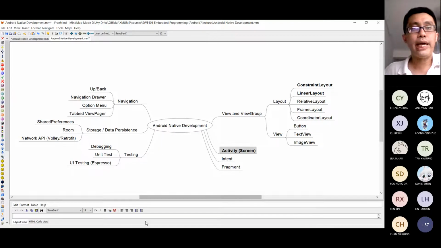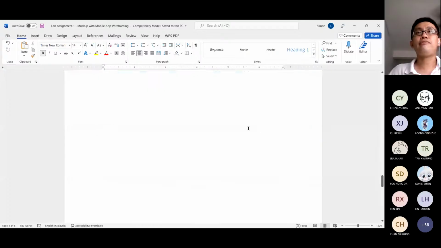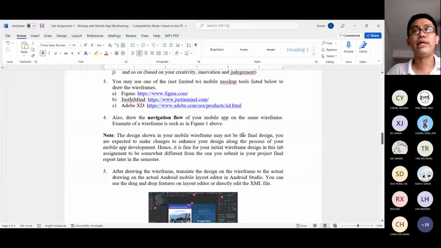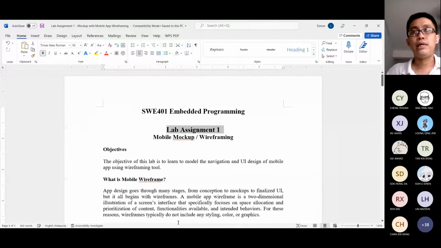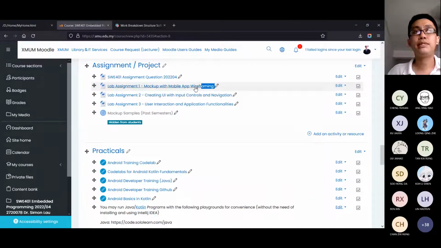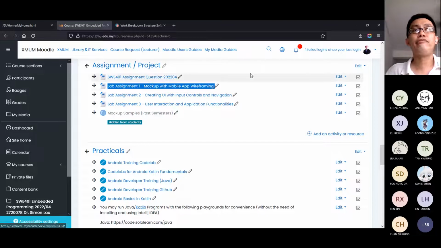So before we get into the practical, let's also discuss a little bit about the assignment, right? I'll give you some airtime to voice out if you face any problem on the assignment. I've just updated this file, assignment 1. You can find this file on the Moodle page, right here, this one. I've just updated it slightly with a marking scheme, so that you have a better direction on what you are supposed to do